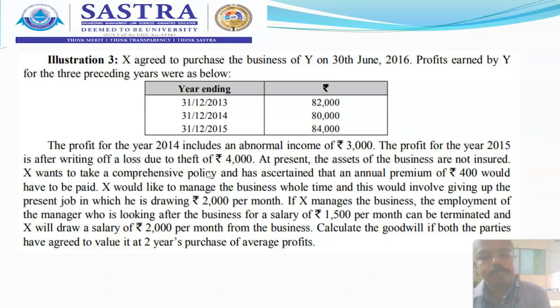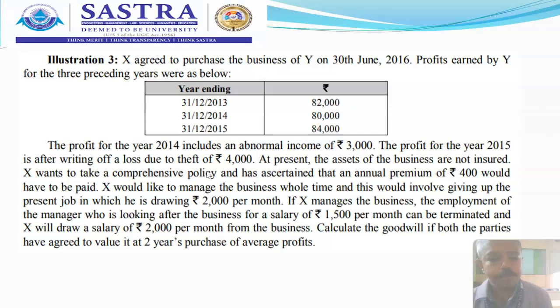So that expense is not going to be there in future, but it has already been subtracted in all the 3 years. So now what we need to do? Since it was already subtracted, we need to add the manager's salary. 1,500 every month he has paid, so for 12 months it becomes 18,000. So now the expected average annual profit becomes